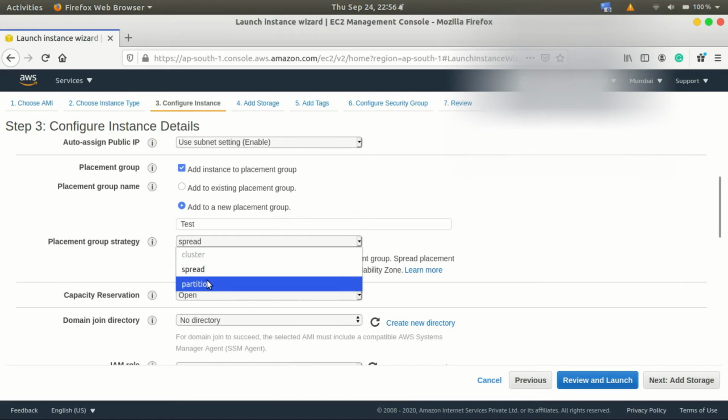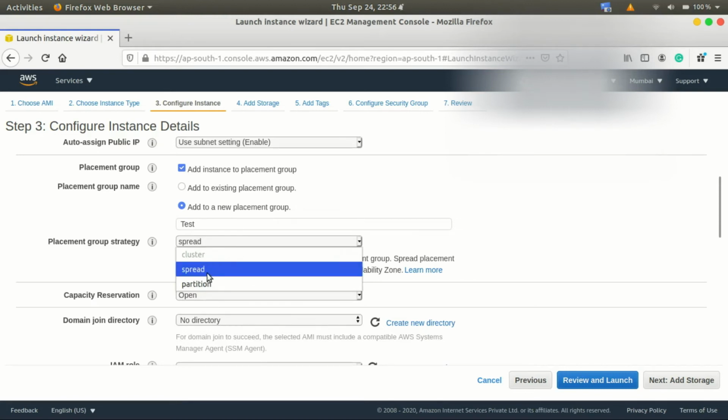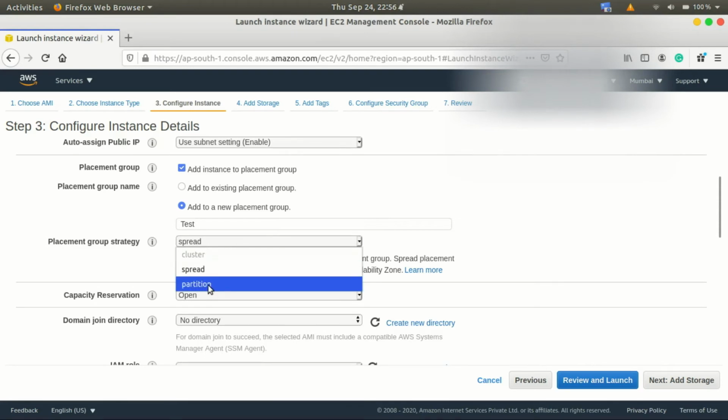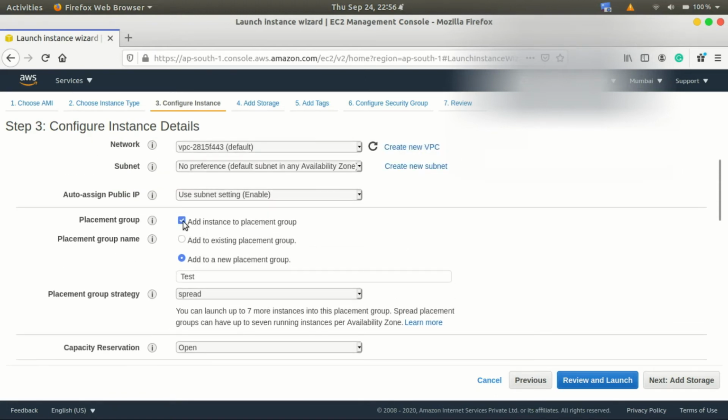There is one more option which is not highlighted right now, cluster, because the instance type we selected may not support that. So we can select spread or partition. For more details, you just visit my website, cloudlinuxtech.com. Okay, so I'll disable this placement group again and I'll keep it default.